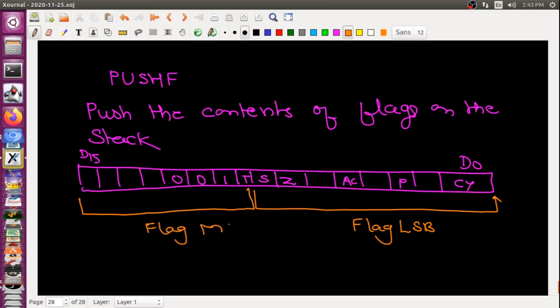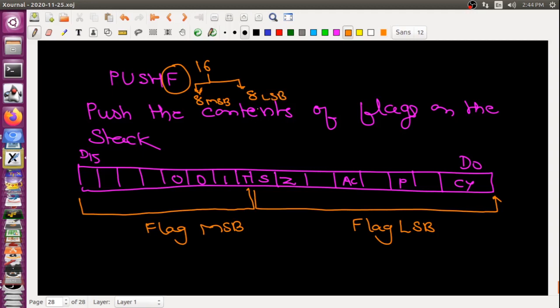They are treated as two different 8-bit registers. So whenever using the flag, we can think this flag is 16 bit, so I divided this flag into two parts, 8 bit of MSB and 8 bit of LSB.